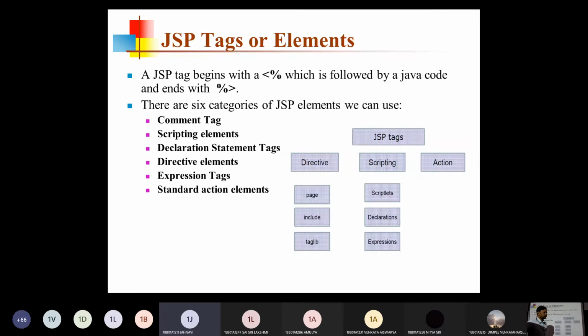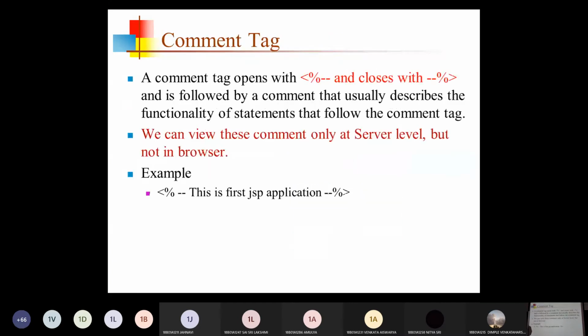PHP will start from angle bracket, question mark, PHP. So angle bracket, question mark, PHP is the starting of the PHP tag and it ends with question mark, angle bracket. So here it is angle bracket percentage, percentage angle bracket. That's the only difference between JSP tags and PHP tags.